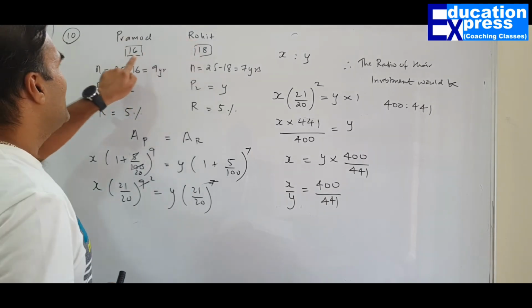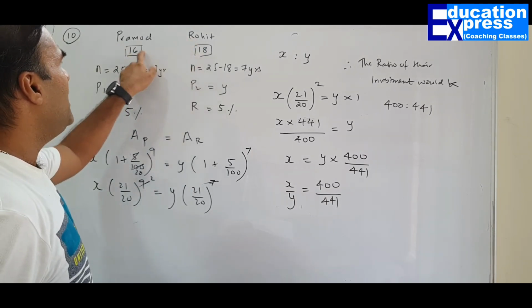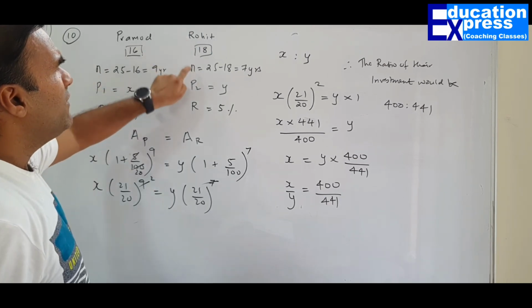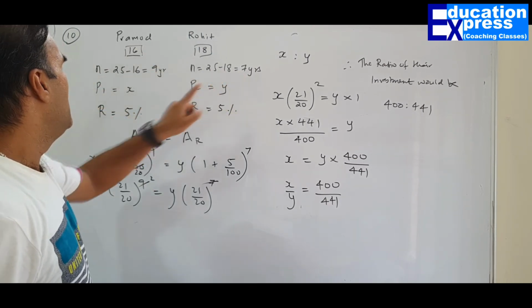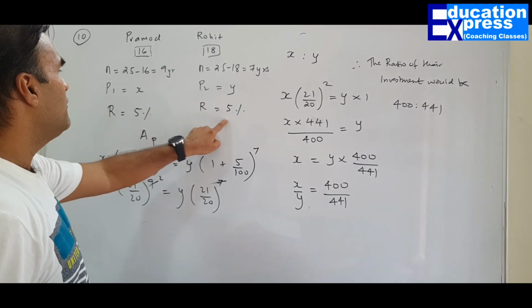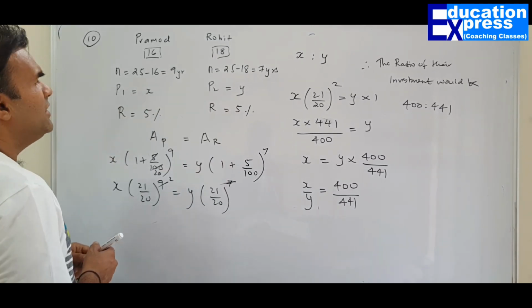My dear friend, the question is very, very simple over here. Pramod and Rohit, 16 years, 18 years. When they will become 25, Pramod will become 25 after 9 years and Rohit after 7 years. How much he invested? X, Y. 5%, 5%. What is the formula that we are adopting? So the formula is